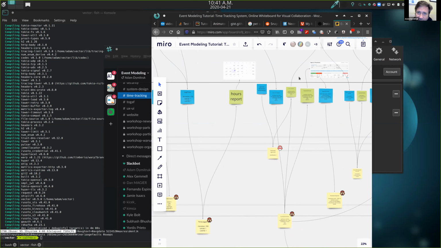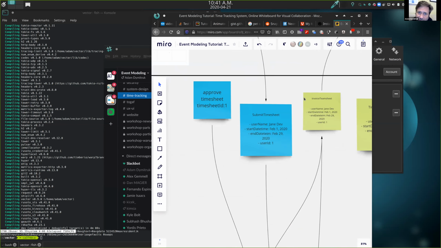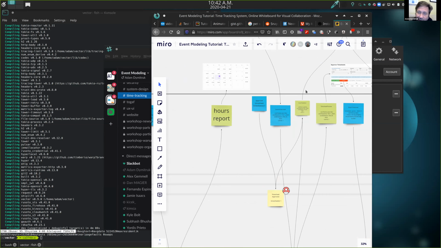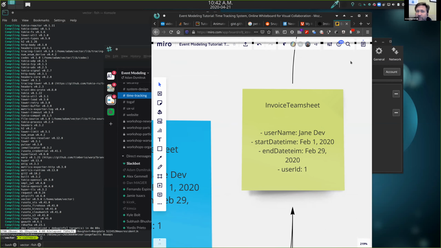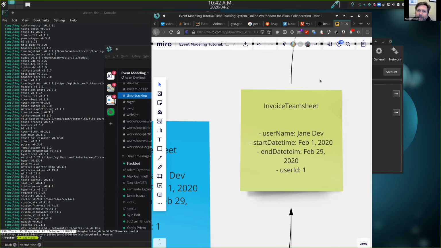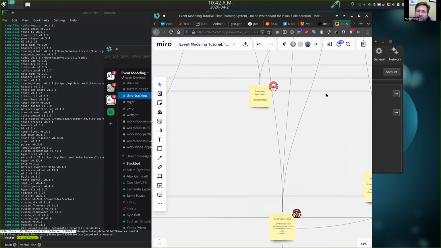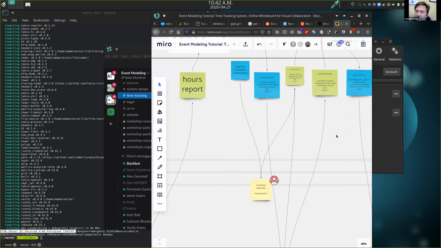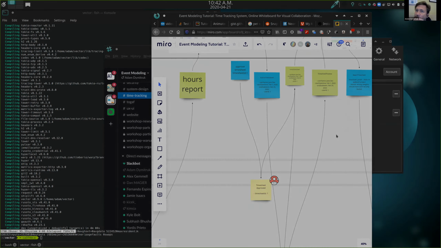And then we have another command handler for the submission being done in Node.js. Both of these events end up doing this invoice timesheet. So which team gets to work on this? These are the interesting boundaries that you come across and why you assign the vertical slices of work by the command handler and event handler. So I'm guessing we do need to make a decision on that. For most purposes, when we're dealing with the same domain, all of that is going to be one stack, maybe two if you do it on purpose. It's something that's actually a good idea to do that. But here we need to